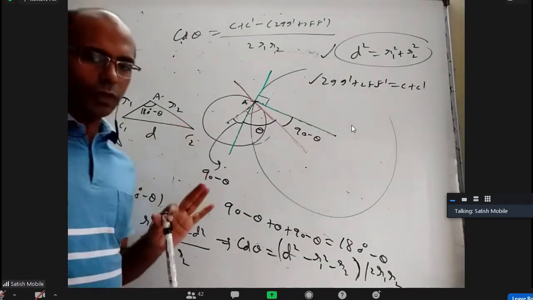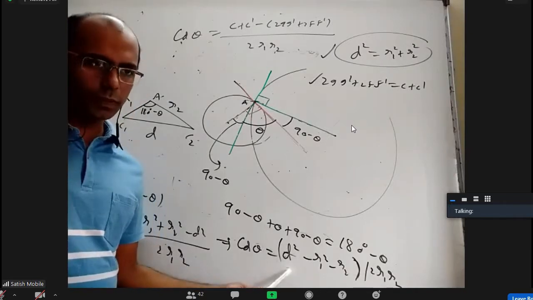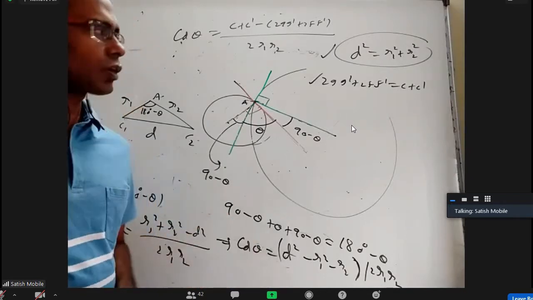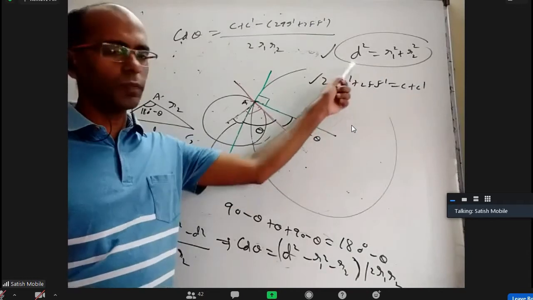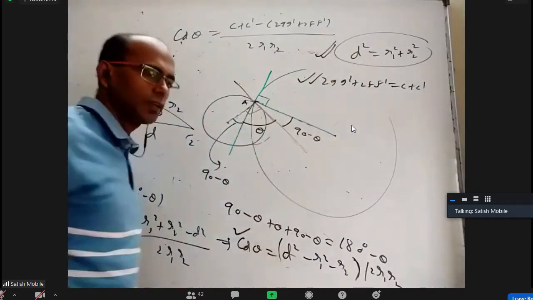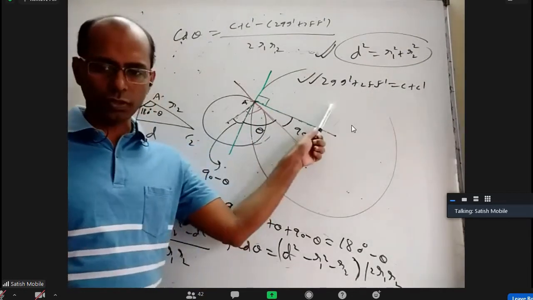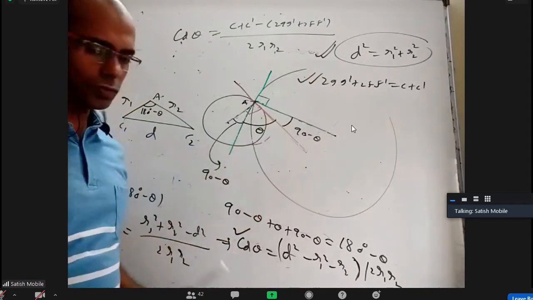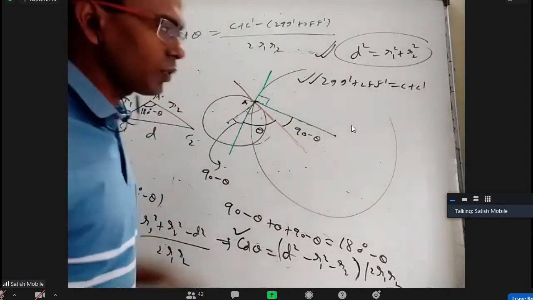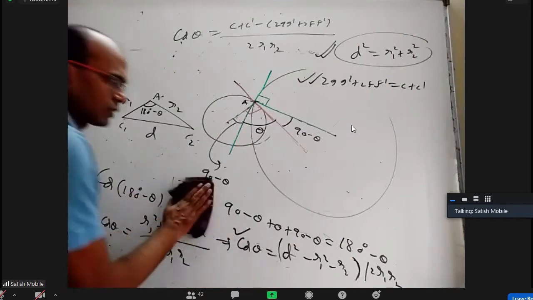So you have to remember three formulas. One is the angle between the circles, this formula in general, and if the circles are intersecting orthogonally, this formula or this formula, both you should remember. This one and this one, all three we are going to use sometime or other. Even though we use this very frequently for orthogonality, you should also know this, and you should also know this. One more thing you should know is orthogonality figure-wise, especially for circles, what will happen.